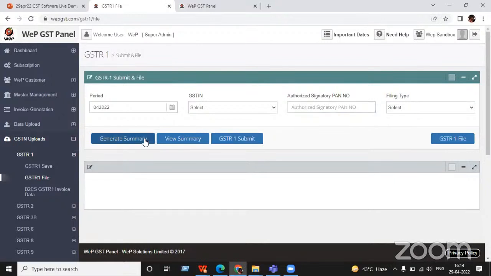Okay, so first you have to give the time period and the particular GSTN, and whether you are doing the filing with the digital signature or the EVC signature. You have the option for the DSC and the EVC upload. So select the filing type you want; most people select the DSC, which is a digital signature. Then go to generate summary, where you can see your overall summary for the GSTN, the view summary of that data. As you can see here, one button is GSTN submit.